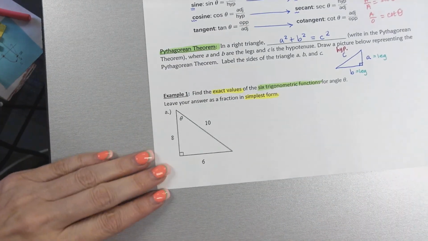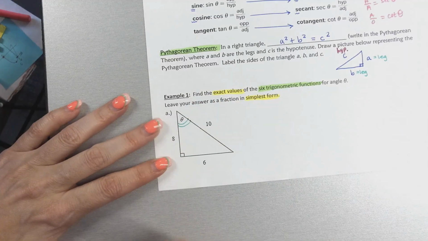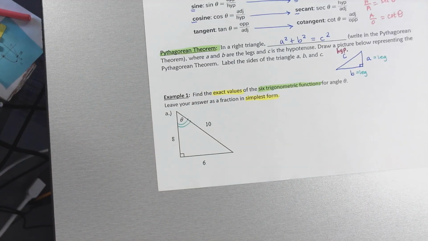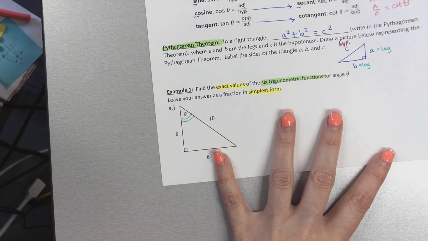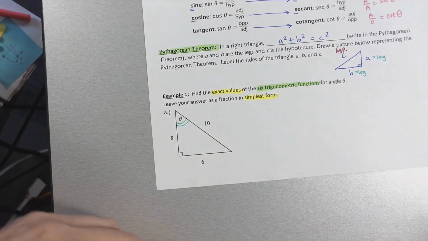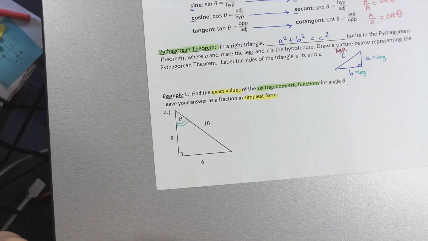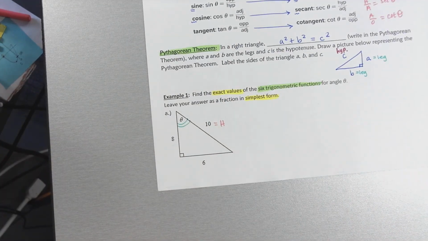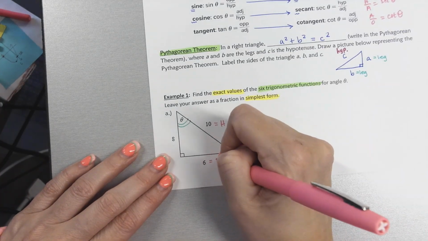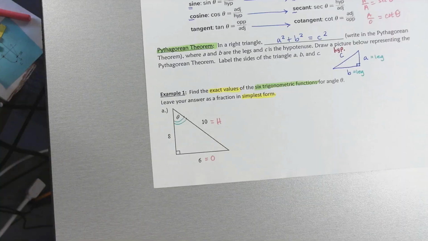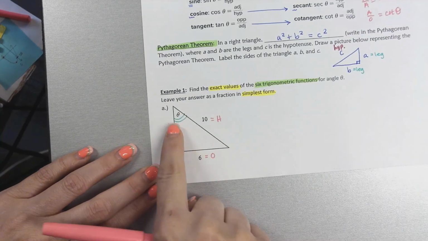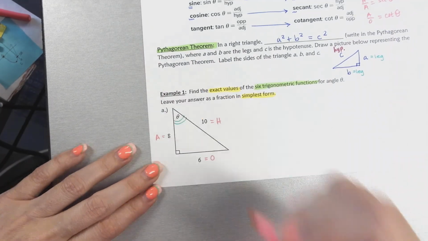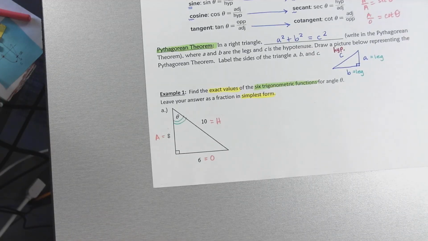So let's look and see where theta is located, up here in the upper corner. And then from here, I like to identify the opposite, the hypotenuse, and the adjacent side. The hypotenuse is always across from the right angle. So we know that this is H right away. The opposite will never touch the angle. And then the adjacent will be part of the angle. So this is your adjacent side. I always label those first, and then I'm ready to write out what my sine, my cosine, and